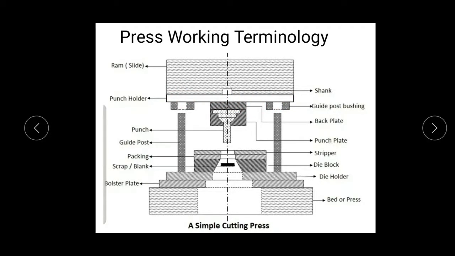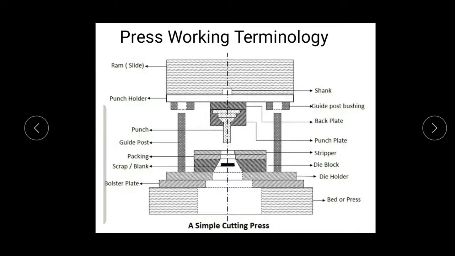Then next is a die holder. So die holder, it is a lower shoe. Here you can see this is a die holder. So die holder, this is the lower part of the die set which contains guide post. The whole lower section generally contains die and stripper. So here then there is a backup plate. You can see this is a backup plate.